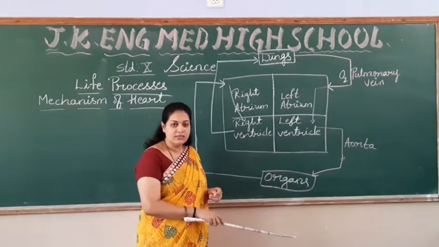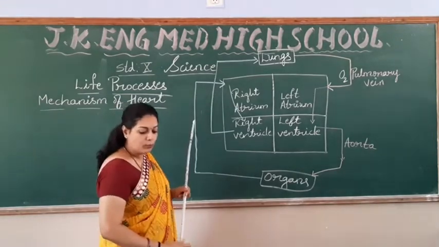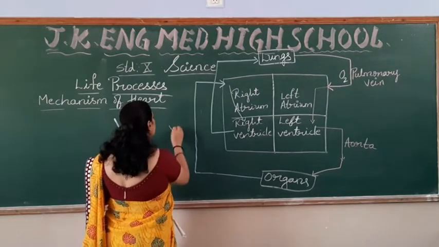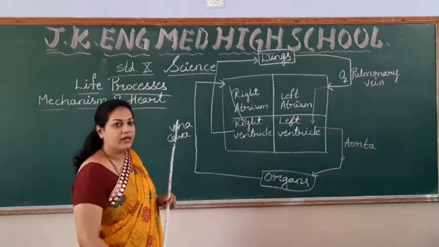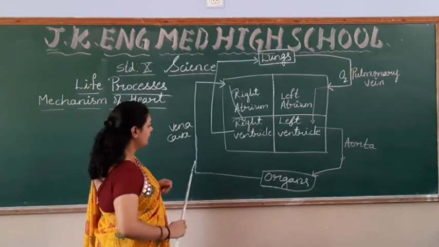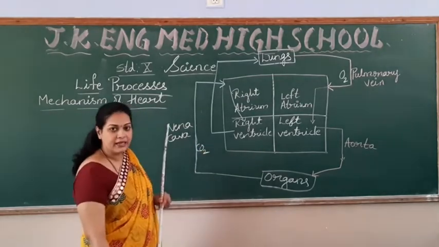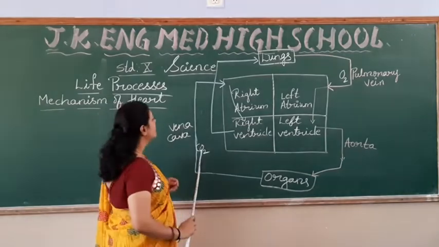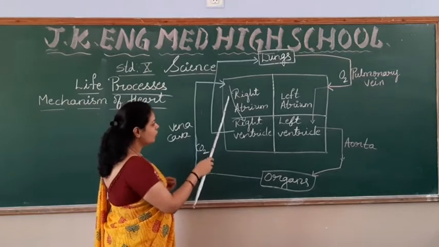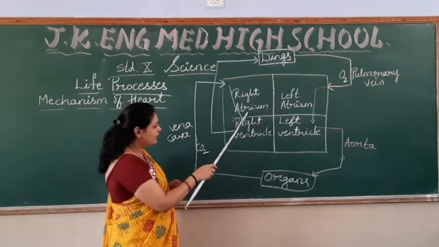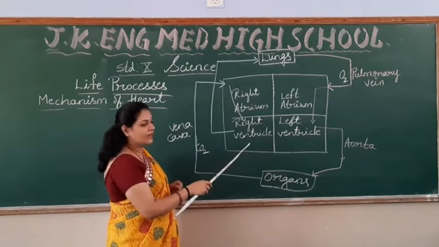Now in the cells, carbon dioxide is there. Which vessel will take that carbon dioxide, students? Yes, the superior and inferior vena cava. The superior and inferior vena cava will take the blood. Which type of blood is it? Deoxygenated blood, meaning blood carrying carbon dioxide. That blood is taken to the right atrium. Again there is a contraction of the right atrium, and by that time there is a relaxation of the right ventricle. The blood enters the right ventricle.